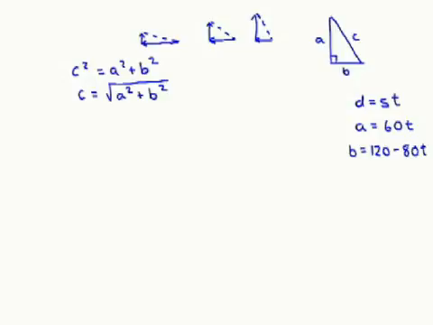So now we've got A and B expressed in terms of t. We can return to our other equation and substitute in these values for A and B. So C is going to be equal to the square root of, instead of A squared, 60t all squared, and add to that B squared. In this case, B is equal to 120 minus 80t, so that's all squared. I'm going to expand that, and I've also, instead of writing it as a square root, raised it to the exponent 1/2. So C is going to be equal to